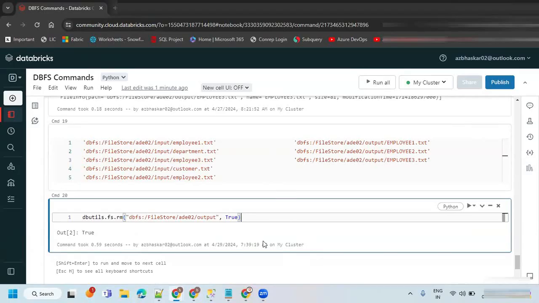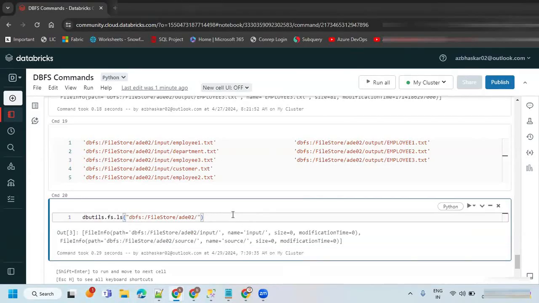So no data is available in the output directory. I'm just going to show you, is there anything inside the output? Output itself is not available. So no output folder is available.